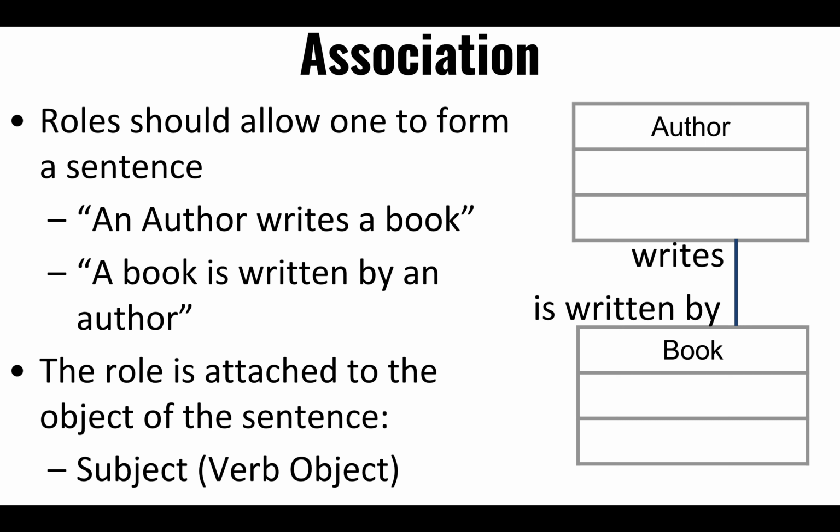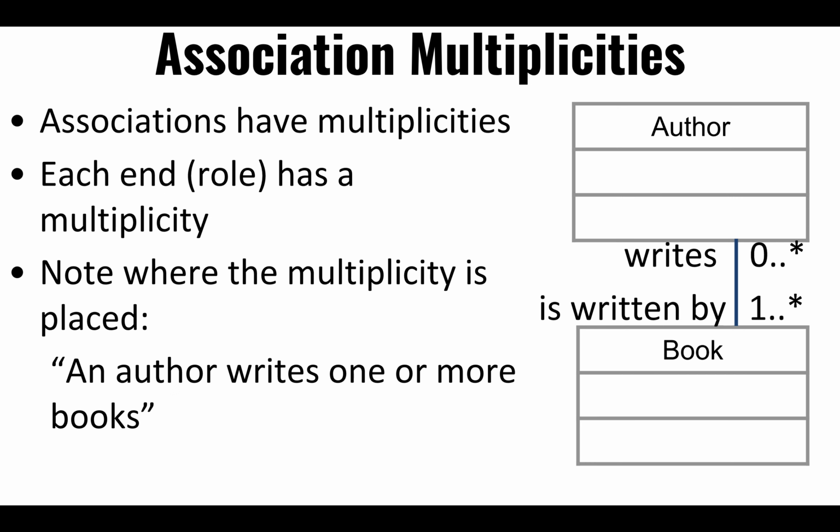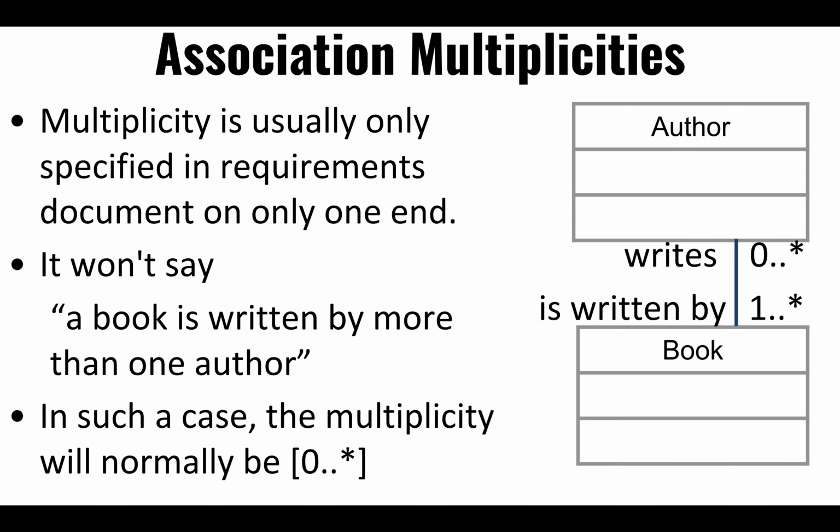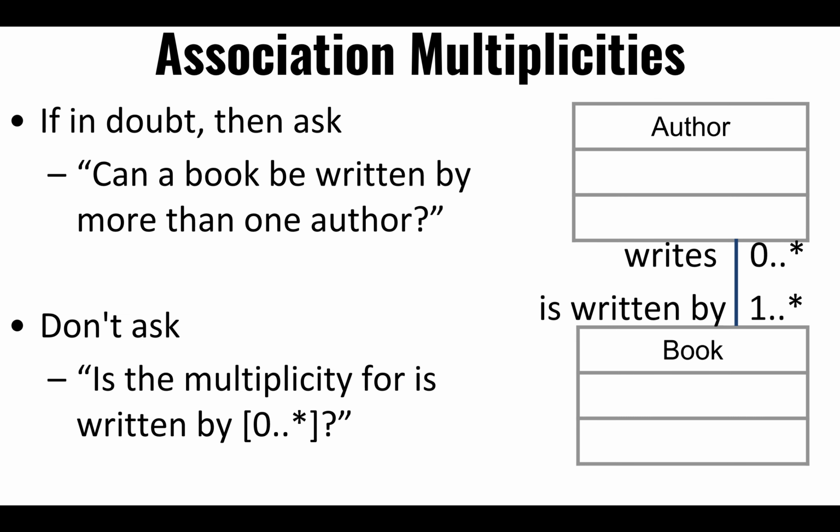Right. So roles should allow one to form a sentence. Yeah, an author writes a book. Multiplicity, where you use how many are participating in the association, 1 to many, 0 to many. Can a book be written by more than one author? Oh yeah, no. So this is just